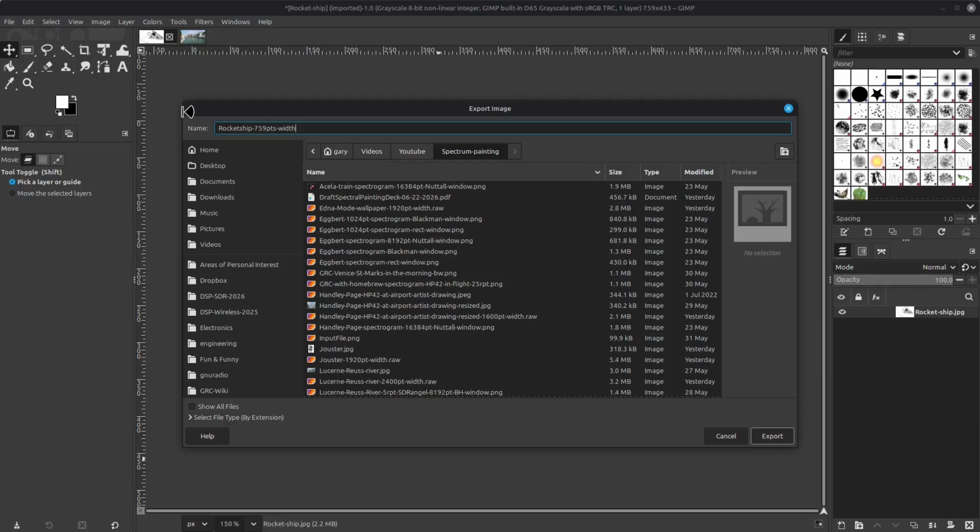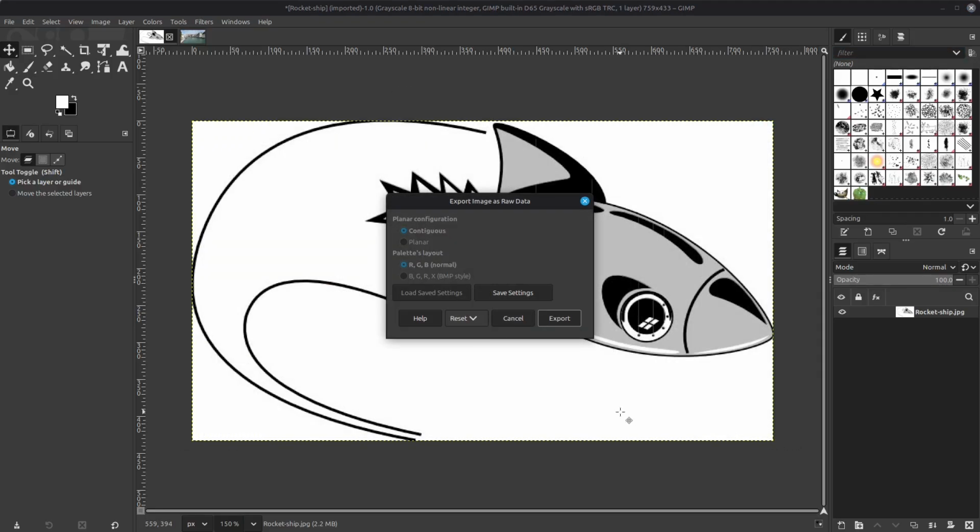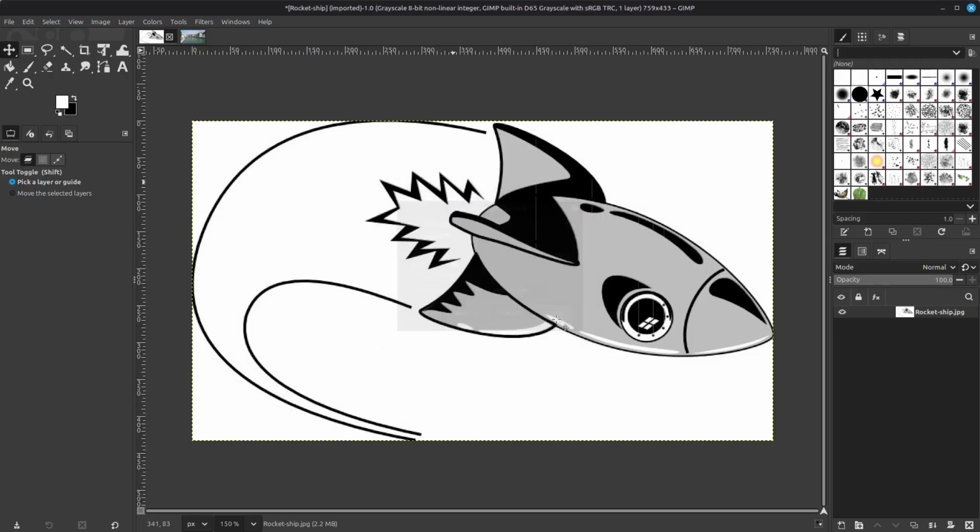I'm going to say width, and then I'm just going to put .raw, a raw file. A raw file in GIMP means that it is going to export it straight as a two-dimensional array with no metadata buried inside of the file. It's not going to do any compression, so it's going to be purely lossless. With that, I go ahead and click Export. It'll have a little pop-up window. Leave the defaults, click Export, and you're good to go.